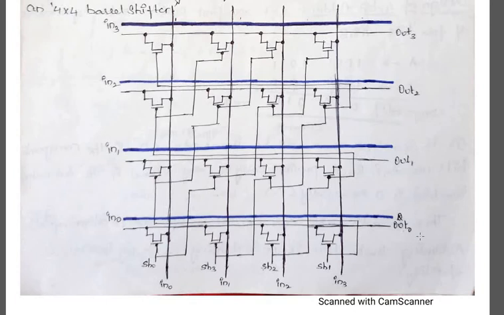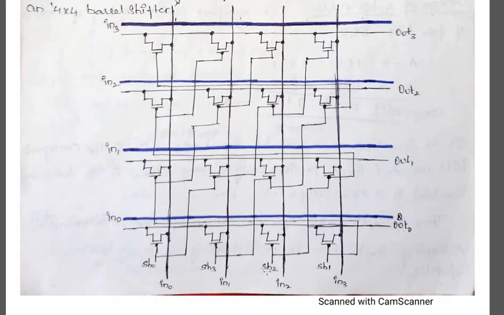From here you will be getting the output. Here you can also attach your NOR gate. The main advantage of this shifter is that the signal has to pass through at most one transmission gate. Or we can also say that the propagation delay is theoretically constant and independent of the shift value of the shifter size. So this is how you will be shifting.